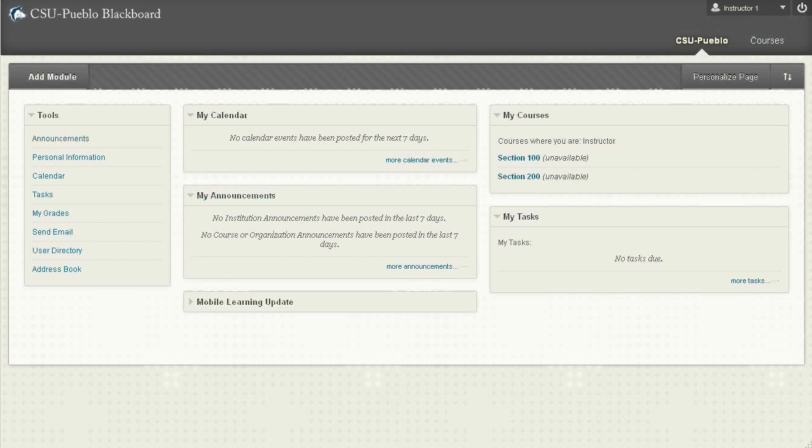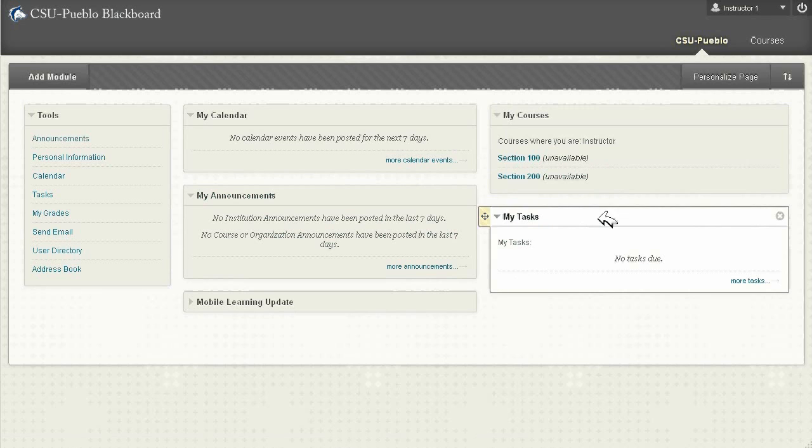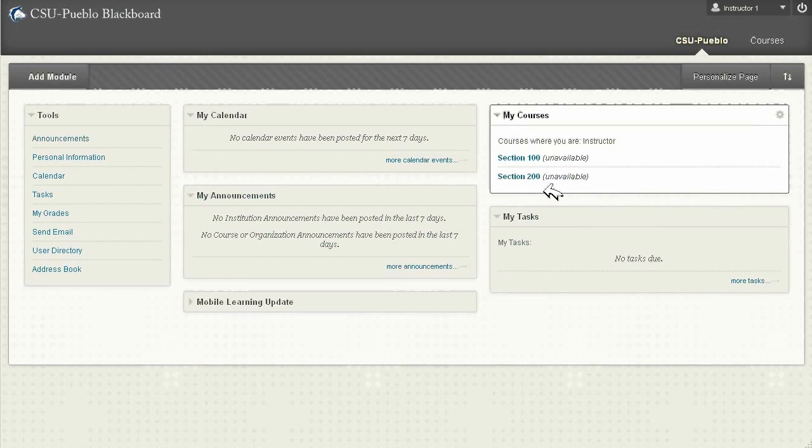It's also going to open up the opportunity for all the students in both sections to communicate through discussion boards and the various other tools that are in your course. So for this example, I have two sections in my courses panel here, section 100 and section 200. For this demo, I'm going to take the enrollments from section 200 and enroll them into section 100. We're also going to create some smart views so that you can differentiate between each section in the grade center